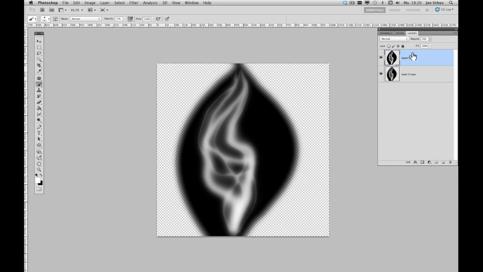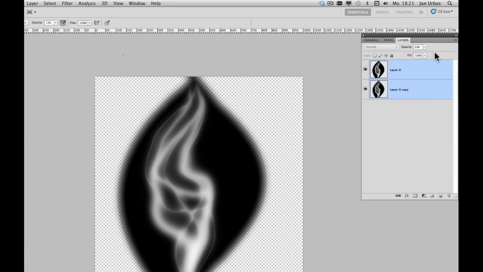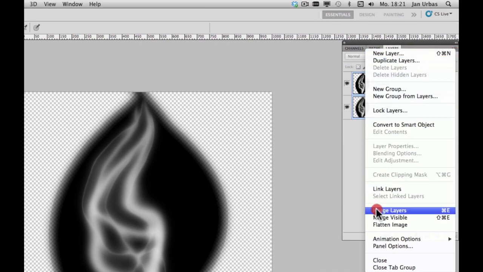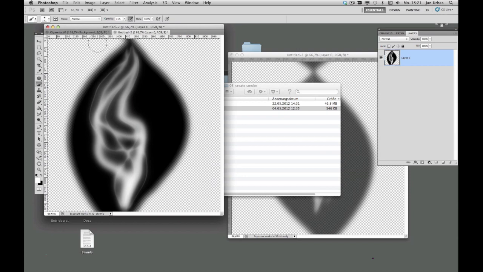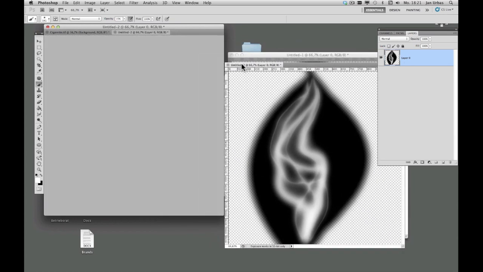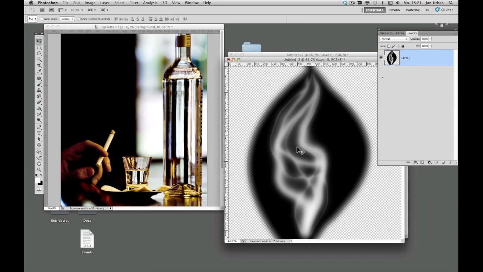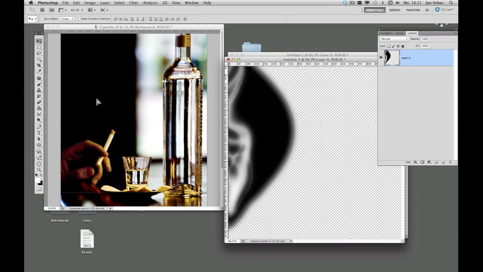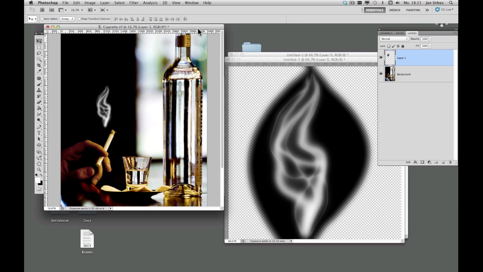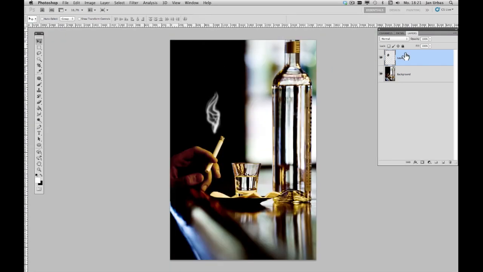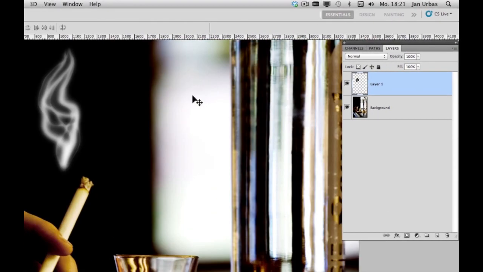Alright, now we're going to merge these two layers together. And now we're almost done. Basically all we need to do is move this layer over onto the one that we actually want to use the smoke for, and then set our layer